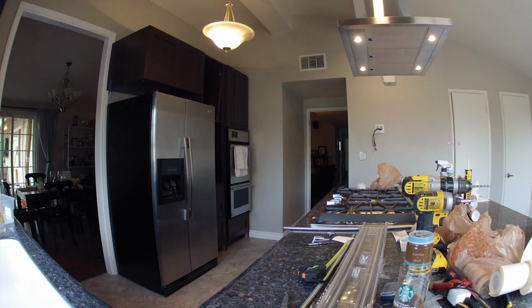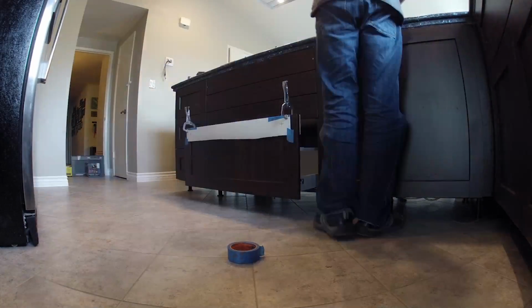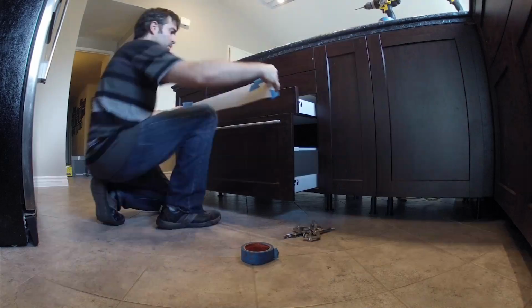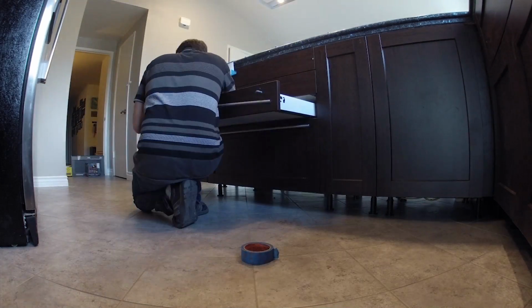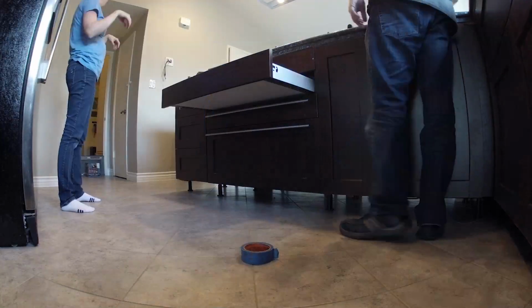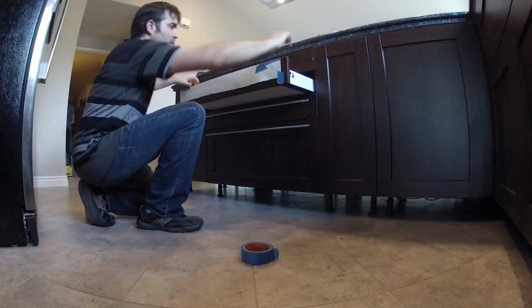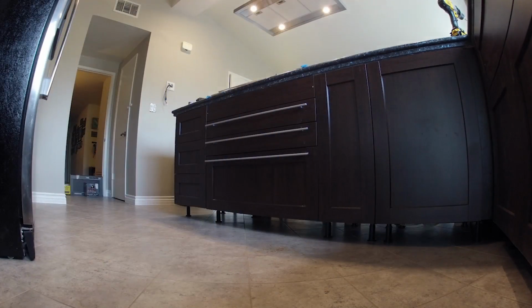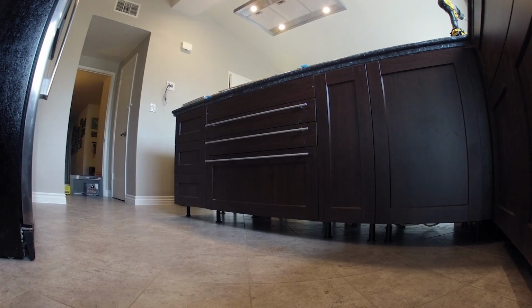I thought it would be much quicker to just take the exact measurements for where the holes were, and draw myself a little template on paper, and then I can just tape this on to each of the drawers, and I have the exact positioning where I have to drill the holes. They didn't actually recommend this in the IKEA documentation, which they probably should have, but it definitely made it a quick job for putting on all of these